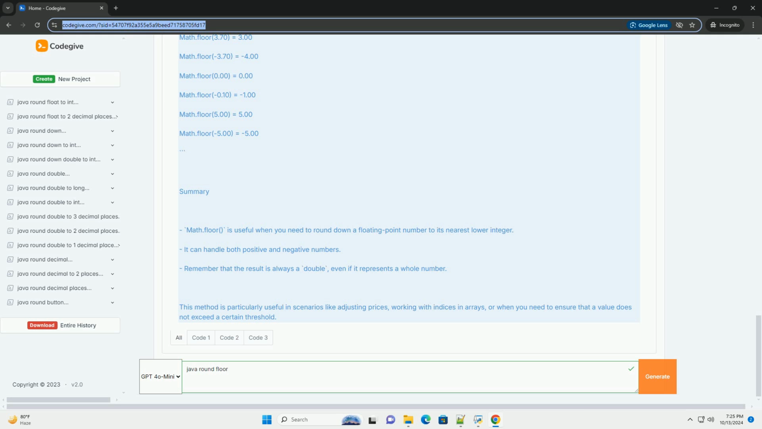The program defines an array of double values that includes positive and negative numbers, as well as 0. 3. Looping through the numbers. A for loop iterates over the array, applying the Math.floor method to each number. 4. Printing the results. The results are printed using System.out.printf, which formats the output nicely. Output. When you run the program, it will output: